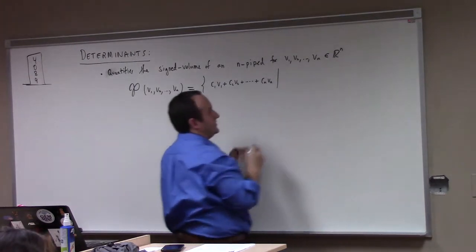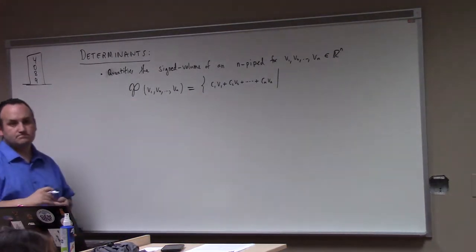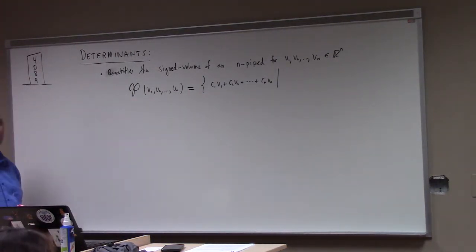I'll keep it real in here, all right? But the determinant I'm defining equally well makes sense for a commutative ring with identity. But I don't have so much geometric to say there, okay? So I'm going to focus on R^n where I can say things geometrically without apology. So this is an n-piped,